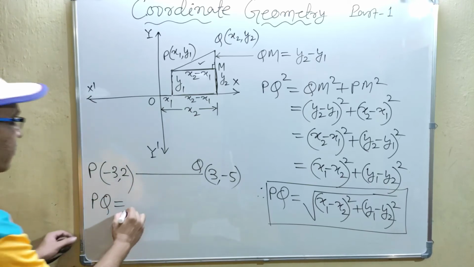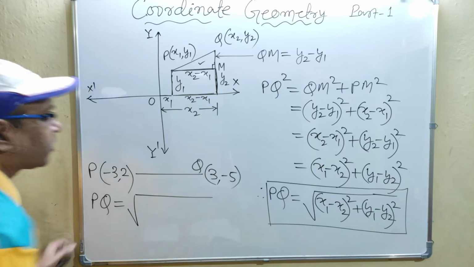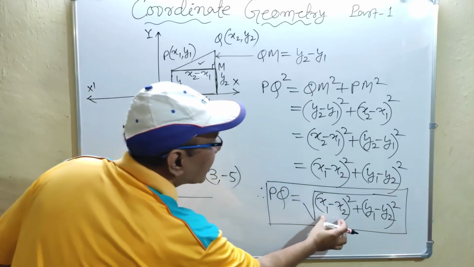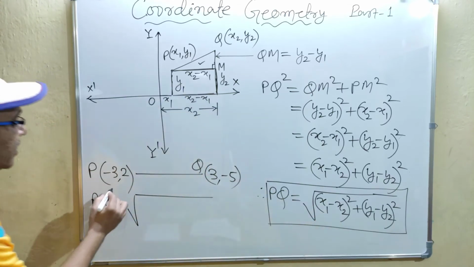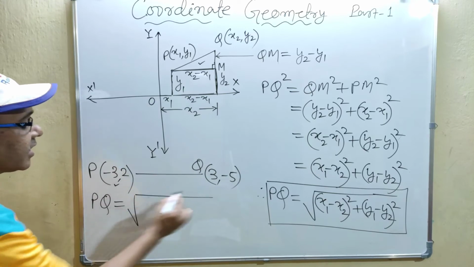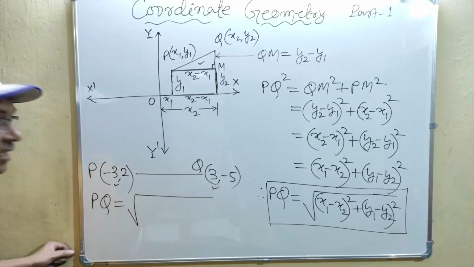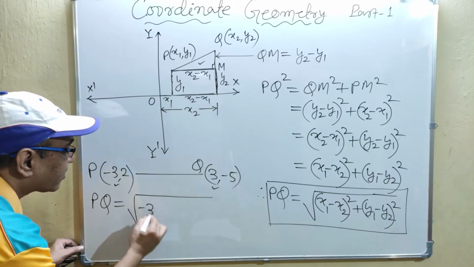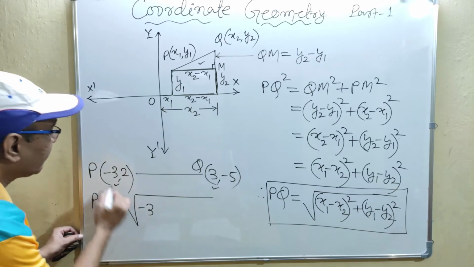Use the formula square root. What is it? Difference of their x coordinate. Its x coordinate is -3, its x coordinate is 3. So you will write difference of their x coordinate, -3